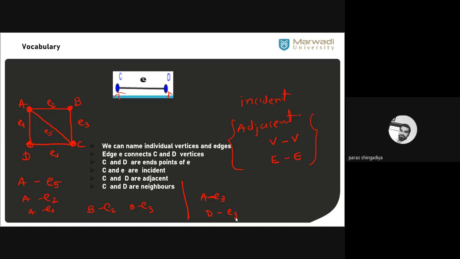Vertex का edge के साथ relation आपको check करना है. और adjacency हम check करते हैं vertex with vertex and edge with edge. Clear? So C and E have an incidence relation. Similarly, D and E also have an incidence relation. So C and D are adjacent vertices because they are connected by a common edge, and C and D are also known as neighbors. Clear? So these are the fundamentals. अगर कोई दो vertices किसी edge के साथ connected हैं तो how can we represent it, कौन सा incidence relation होगा, कौन सा adjacent relation होगा, and so on.